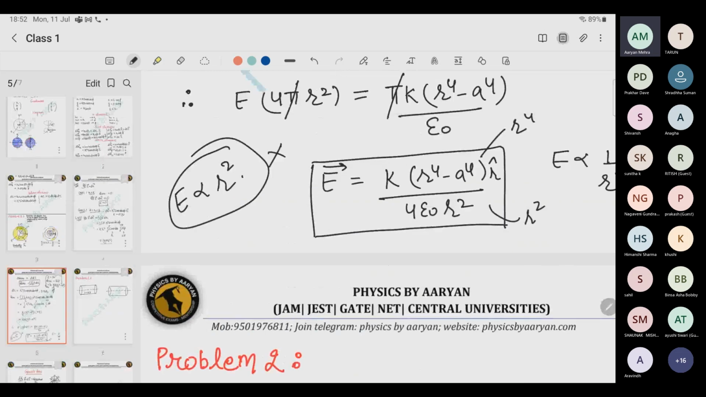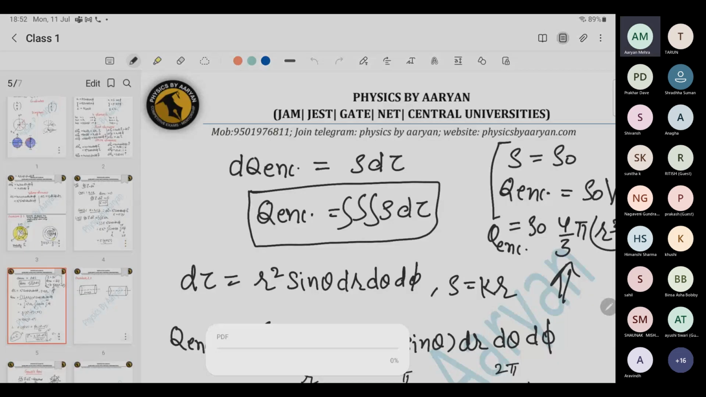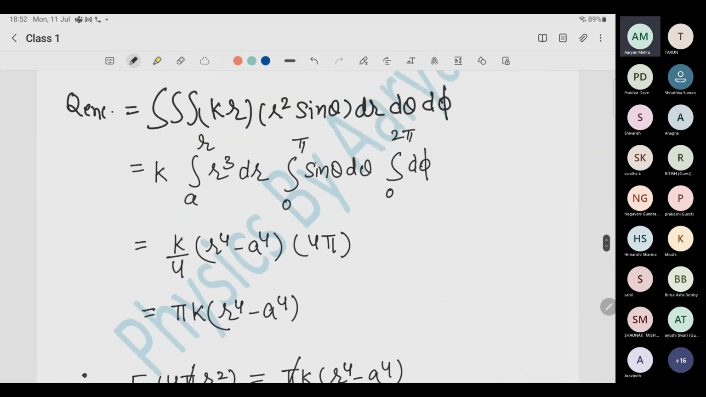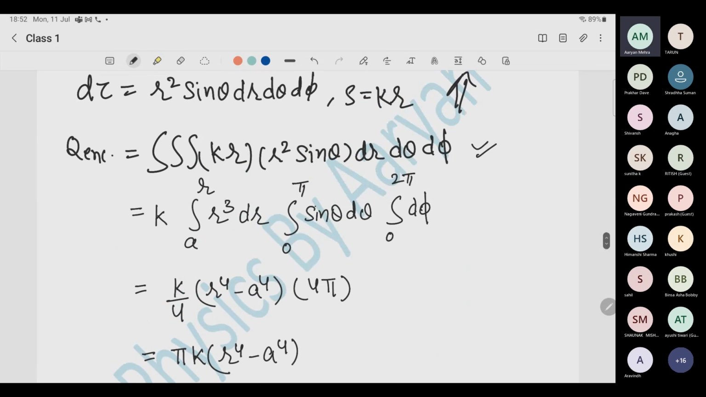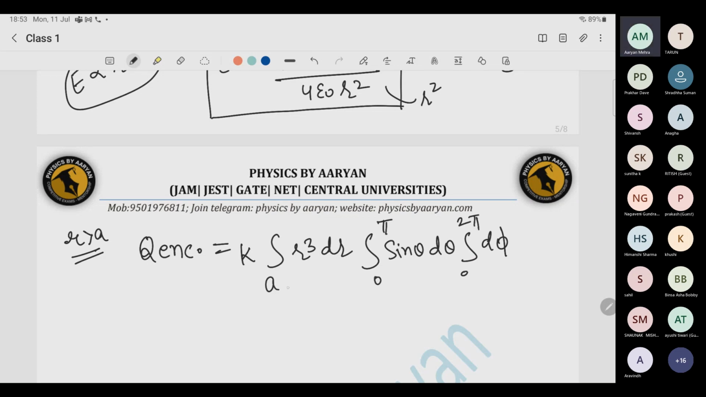Last portion which is left is outside, so r is greater than a. The only thing we need is the charge enclosed, which we have already found here. So let's write it here first: r cube dr sine theta d theta and d phi. The only thing we need is to change the limits. So now the limits are from a to